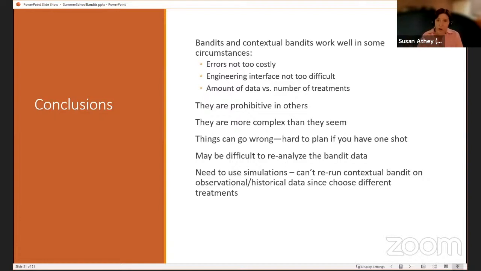Because if you actually try to build an algorithm that's being called in real time, that can create a lot of complexity, even for a very big tech firm. They don't want to slow down the page load of their web page. But in general, these things can go wrong. It can be hard to plan if you only have one shot. And so we often do a lot of simulations ahead of time. So I sort of thought I was cutting out human time because we can try all these different treatments, but then we've substituted it with a lot of human time to run simulations to see if the bandit is going to work and all of this stuff.